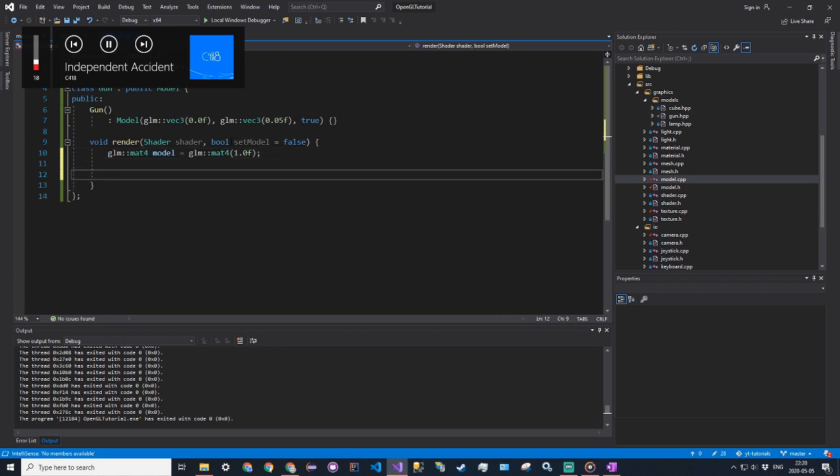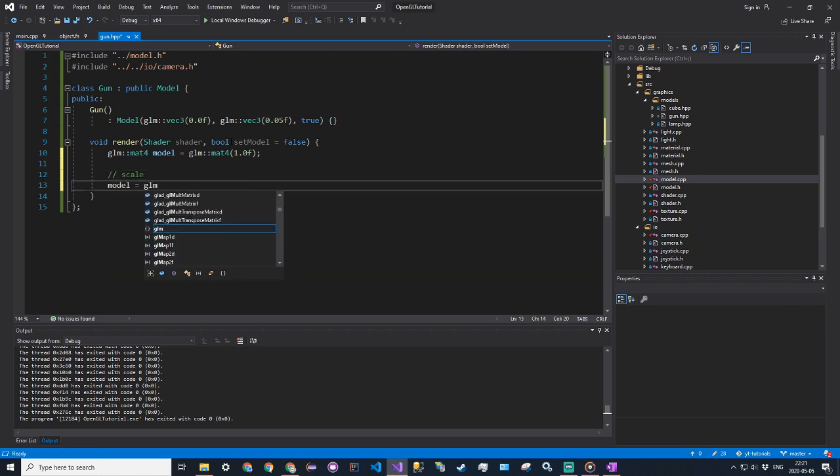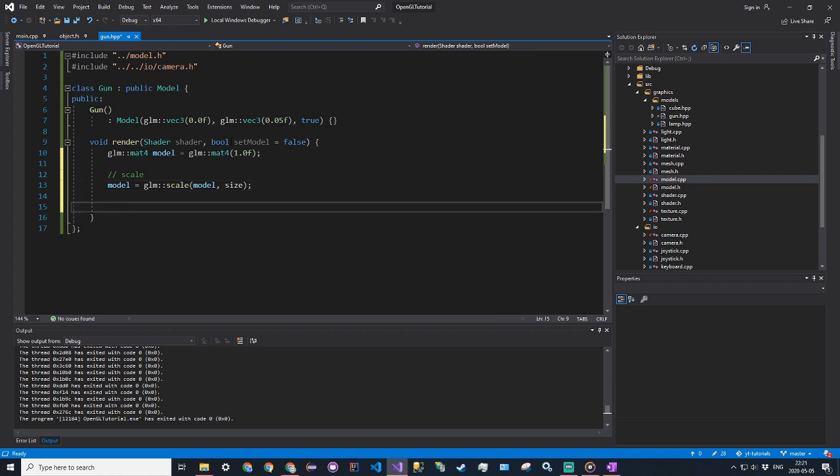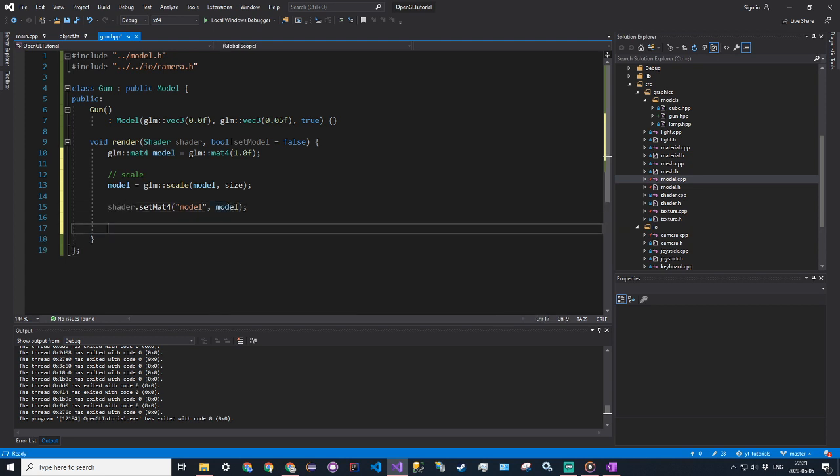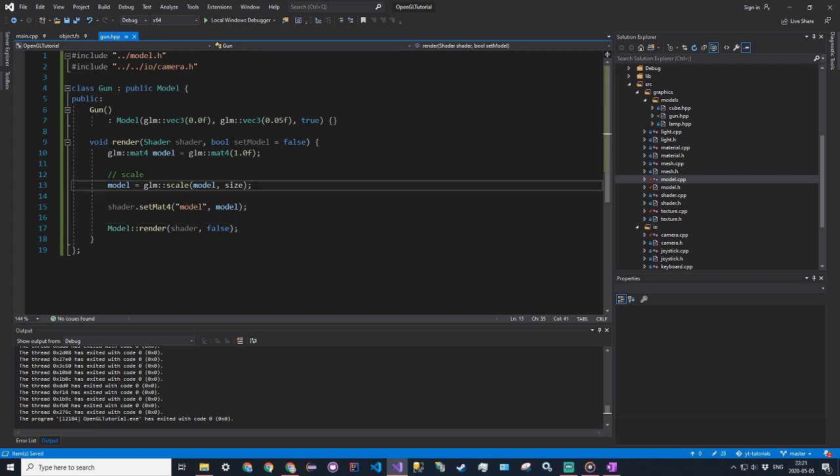And then we're going to scale it first, just because we already know how to do that. So model is equal to glm scale model, and we're going to do it to size, and that's from the model class. And then we're going to say shader.set map for model, and then we're going to call the model class, so model render, and we're going to pass in the shader and false for set model because we already have. I know I'm saying model a lot, but